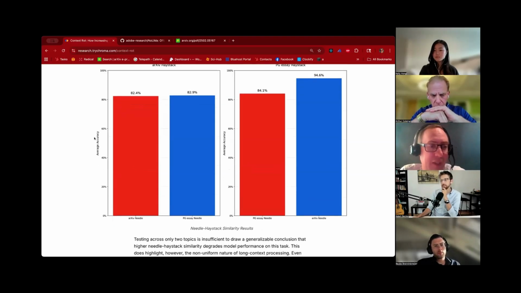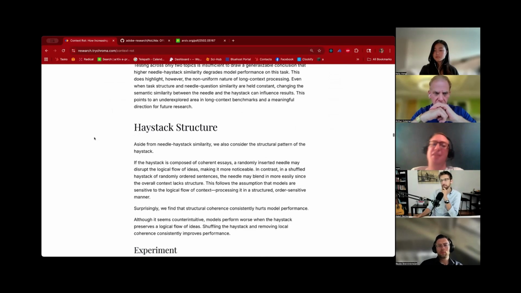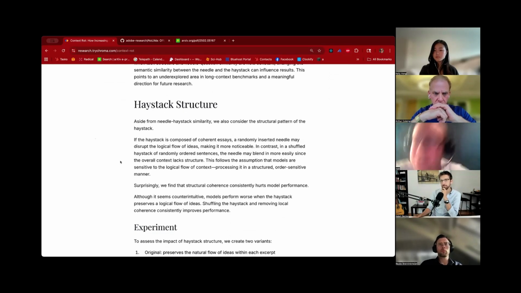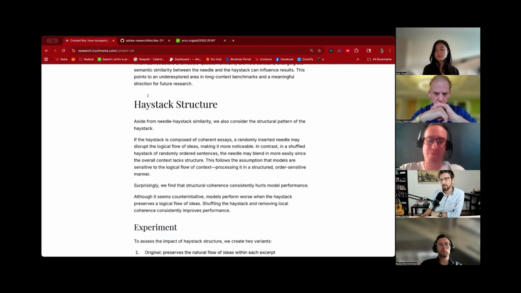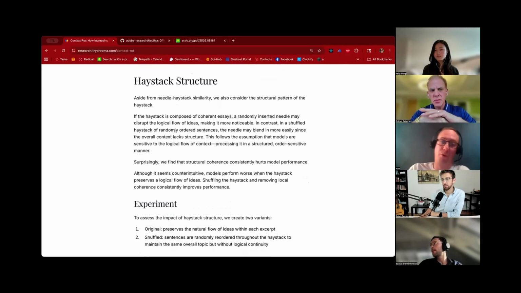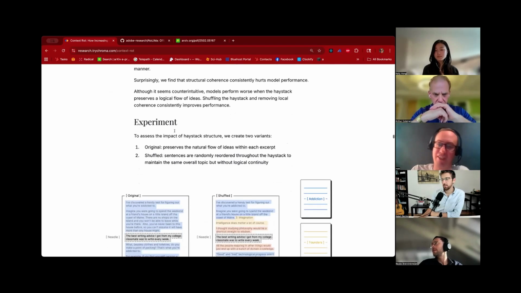The other thing that is worth looking at really briefly is structure and how structure impacts things. Once again, this is something that I found surprising, somewhat counterintuitive, but maybe not surprising, because we shouldn't overlay our assumptions about how we might read a piece of text onto how a large language model reads it. Maybe that's where our intuition gets messed up here. So they asked how the structure of a piece of text impacts the performance of retrieval when we're trying to retrieve these needles. And we can take the original piece of text.